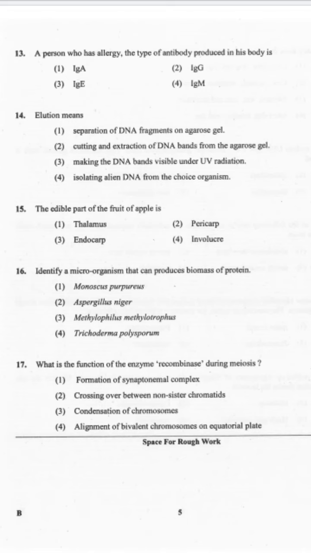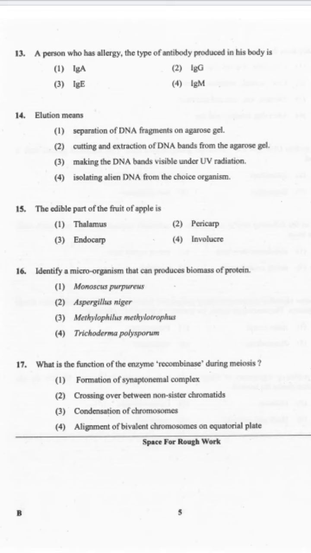So hope you understood, guys. Now let's discuss one more important point about it. Immunoglobulin E, IgE, is the antibody produced by the immune system in response to allergy. The immune system overreacts to the allergens and releases IgE. Hope you understood this one. Now let's go to question number 14.